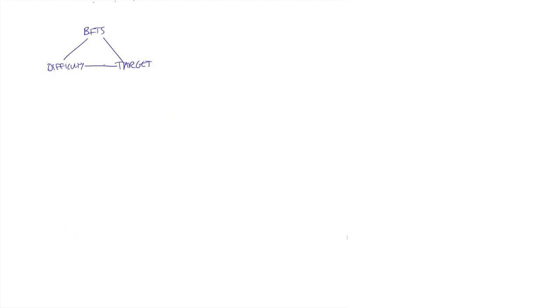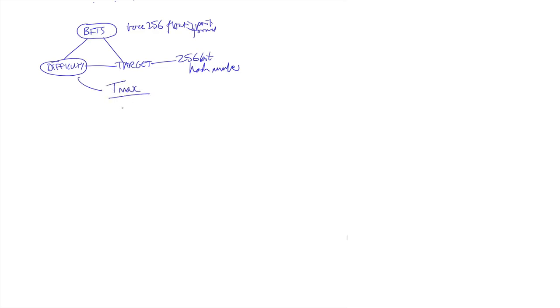So going back to where we started from, we know that bits is the compact representation of the current target, right? So the target is the 256-bit hash number that our block hash has to be equal to or less than. Bits is a compact representation in a kind of base 256 floating point format. And difficulty is basically the max target divided by the current target. And the max target is the target from the Genesis block, which is in hexadecimal